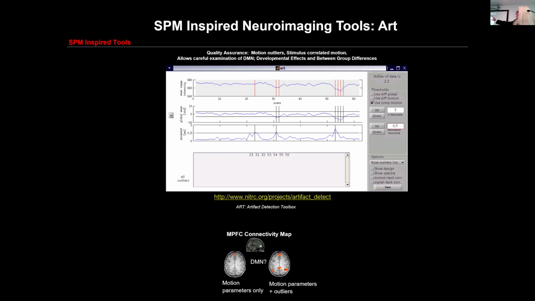And then below that, we could just plot out the associated movement. And then that will just display how you can see the movement changing and the global signal from a time series. And then we would allow the user to specify thresholds with which we would identify outliers in the global signal and motion, which we could then eliminate in the first level GLM. And what we found was surprising.